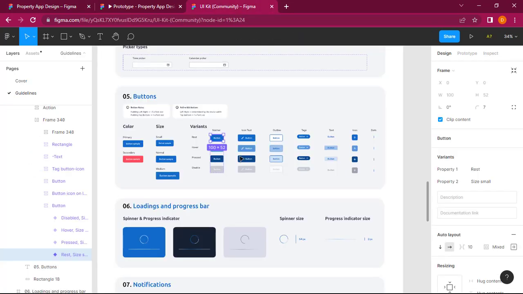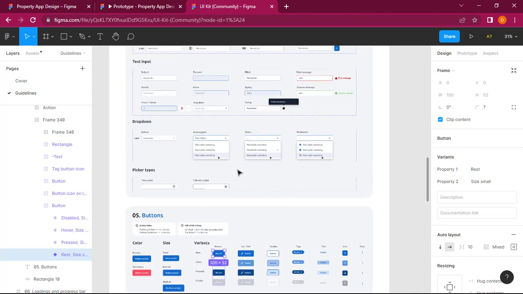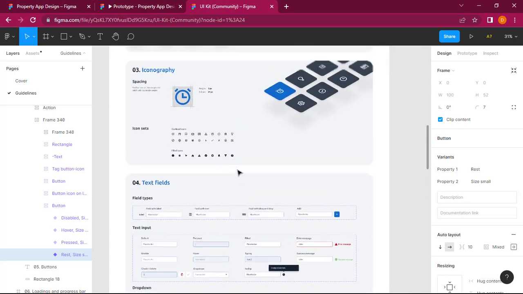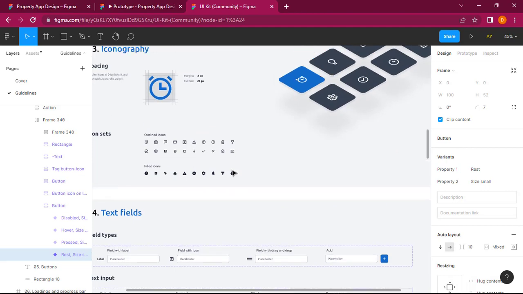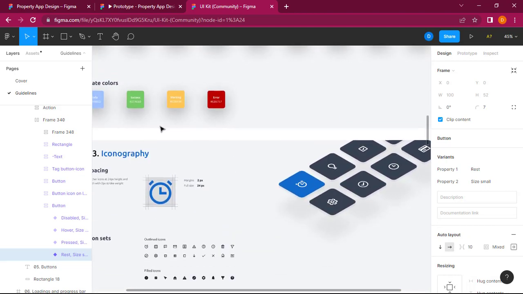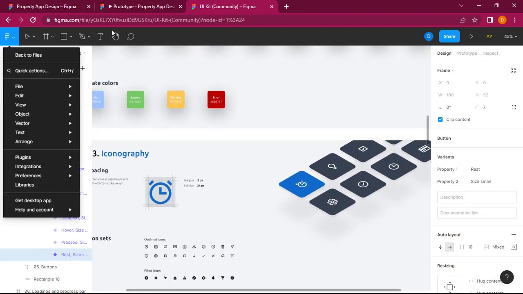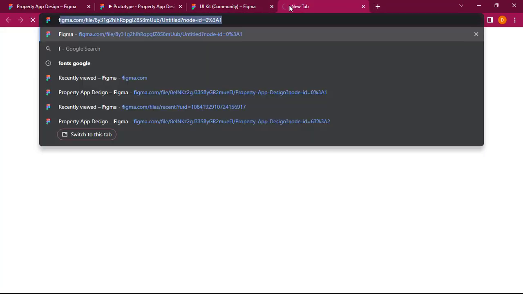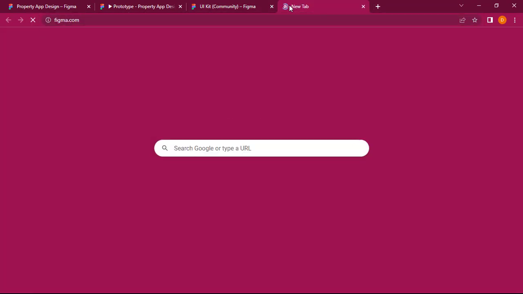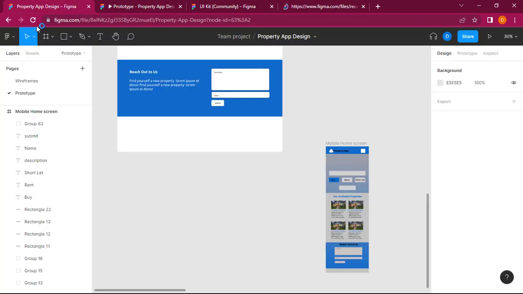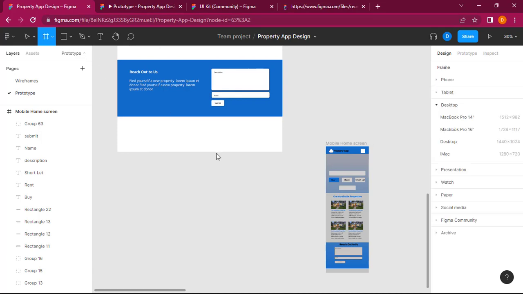So let me see. There's something I need. Okay, I guess that cannot be found here. So I'm just going to go to the Figma community and see if I can find a mobile package, because there are some icons that will make the whole design better. Let me just add up the frame while that loads up. We are using mobile